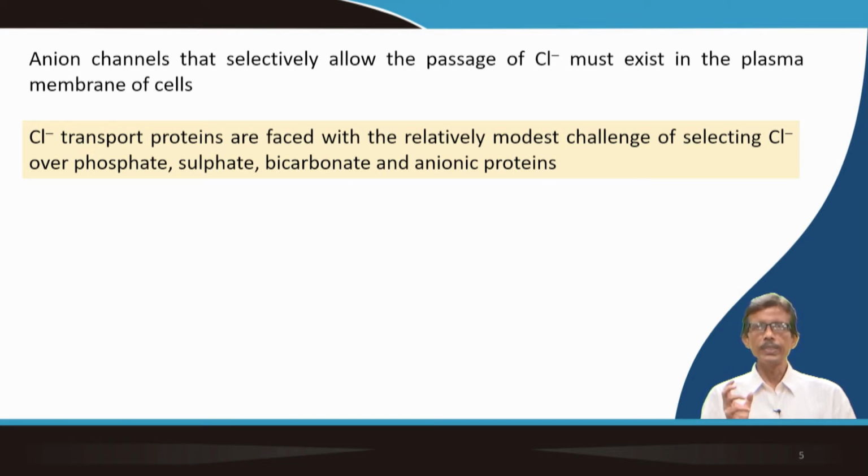Similarly, some selectivity, whether we can develop that such that it can discriminate this anion with respect to the other anion, because the phosphate we know the charge is more, size is big, sulphate also the charge is more, size is also big, and the bicarbonate the charge is less, but HCO3 minus is overall a big one, but the chloride is only a single ionic species, one atom, one anion, Cl minus, and we know the charge relative to that of